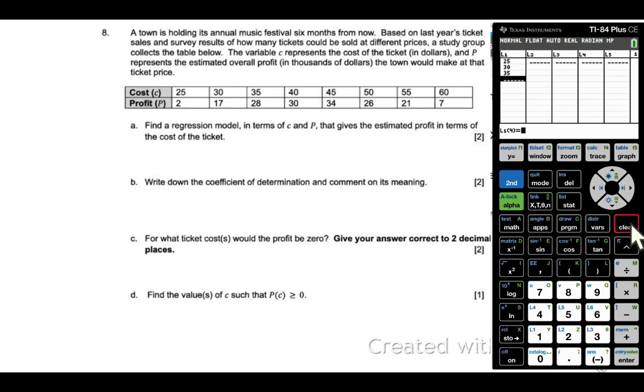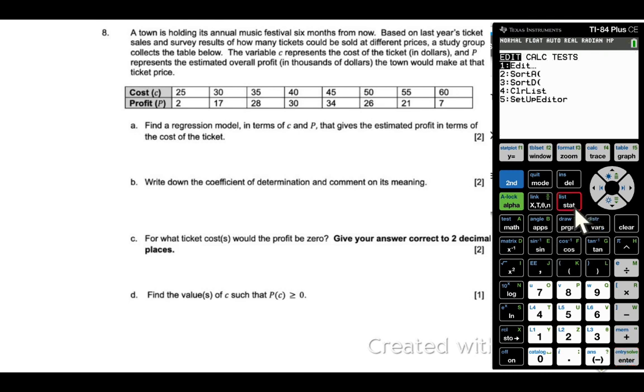Once we have entered all our values, we are going to go back to Stat, scroll over to Calc, and look for quadratic regression. We can also store the regression equation by clicking Vars, scrolling over to Y-Vars, selecting Function, and selecting Y1. This allows us to store our regression equation without having to copy down all of these coefficient values in our